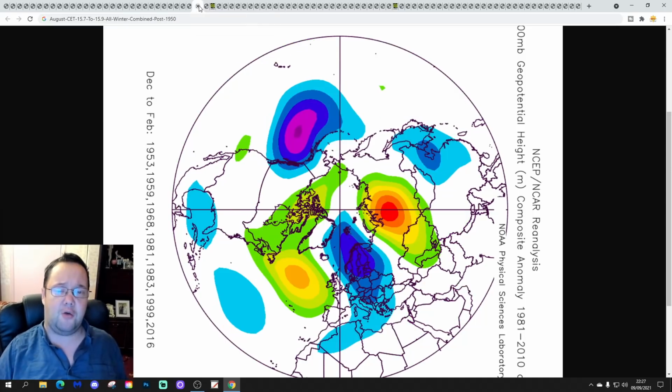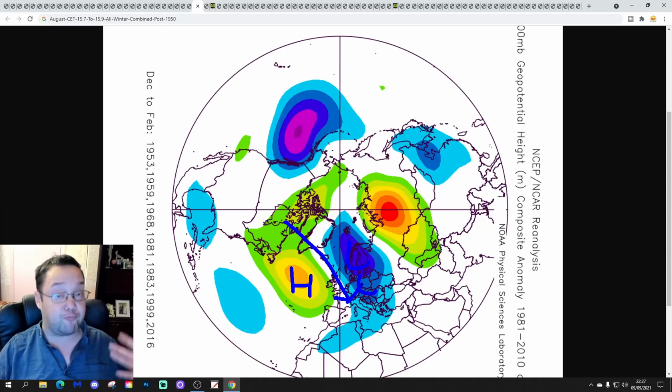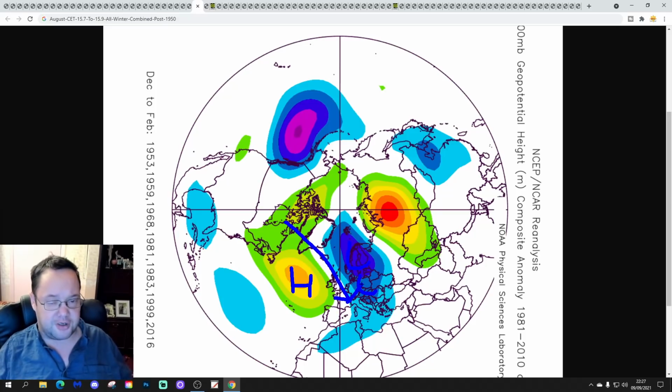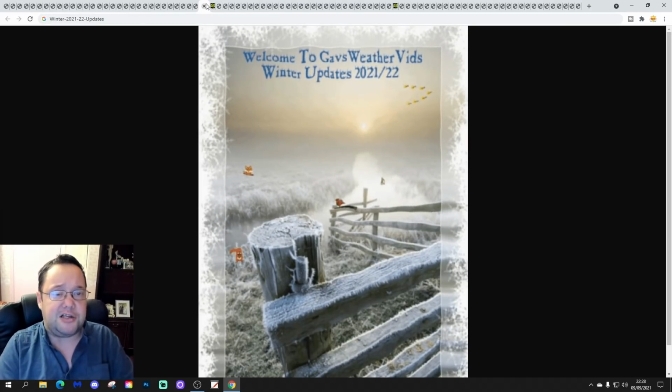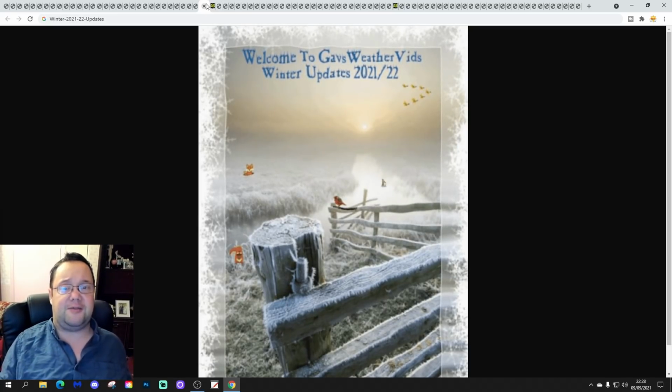And then finally, this is how all winters combined are looking following an August CT range of 15.7 to 15.9. So, a bit of mid-Atlantic ridge, low pressure to our east. We could send a jet stream on a northwest-southeast alignment and bring some cold snaps, if nothing else. And that would be most likely, I would have thought, in January, out of all of the months. But not true classic northern blocking, so not a bitterly cold signal for these particular winters following that particular CT range. Right, so that's it for the first set.